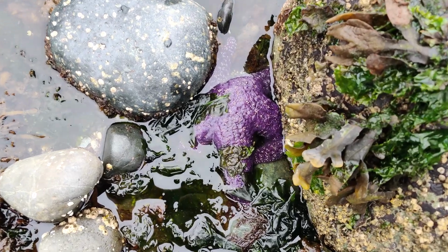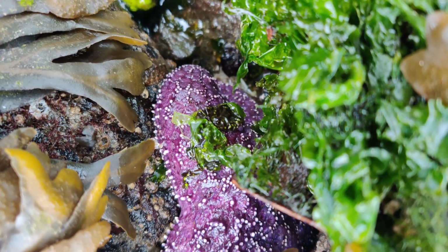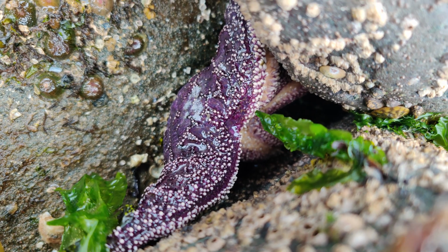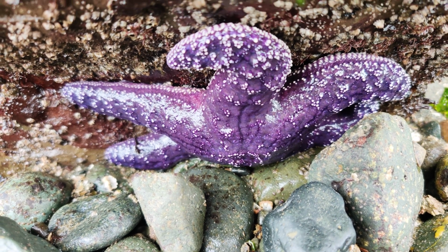They might look blob-like, but these sea stars are ferocious predators. Their main prey is mussels. By eating these mussels, they open up places for other creatures to live in these intertidal zones, and for this reason they are considered keystone species of these ecosystems. But they don't eat just mussels, they also eat a variety of other species, including chitons, limpets, snails, and even